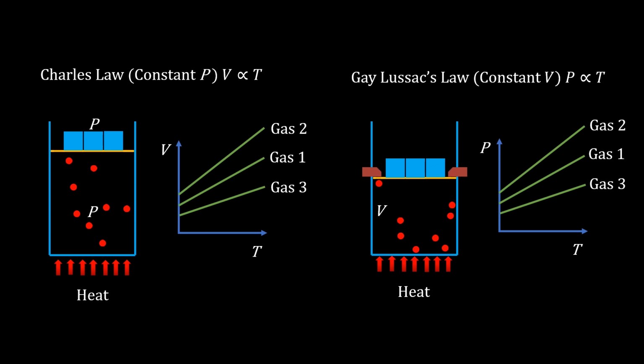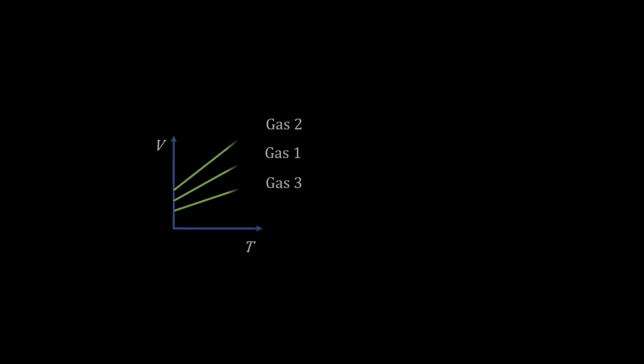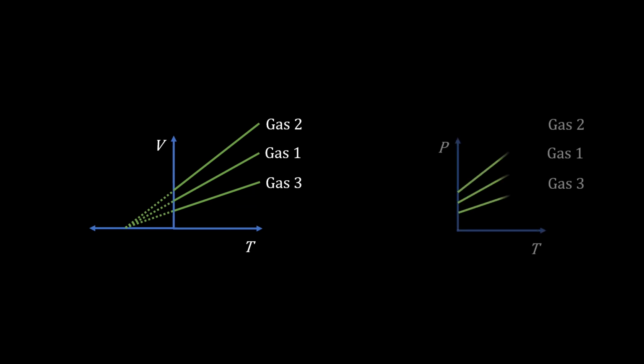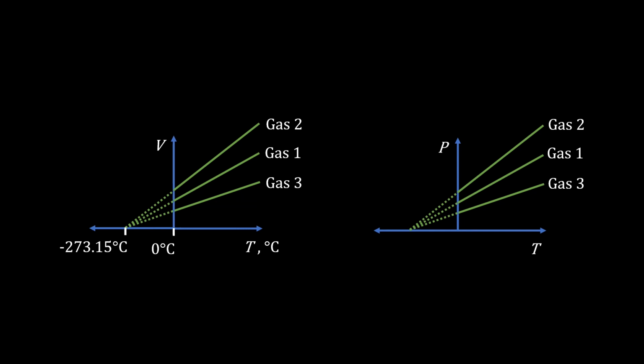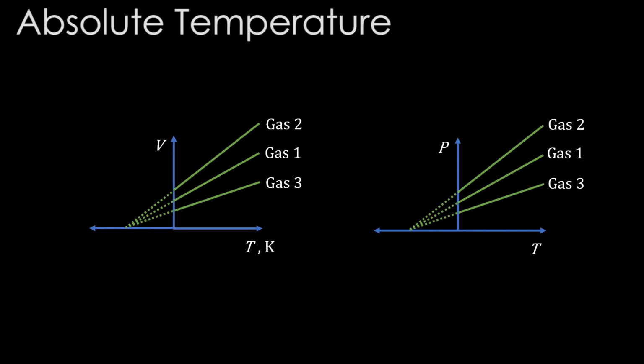Therefore, these experiments can be turned into thermometers called gas thermometers. Let's say we used it and have measured temperatures using different gases. We got these curves of volume versus temperature. What happens if these curves are extrapolated down the temperature? The curves meet at a particular temperature. Same thing happens in the pressure versus temperature graph as well. The curves meet and do so exactly at the same temperature. So here is a reference point which is common for all the gases, meaning it is independent of the substance. In degrees Celsius, it is minus 273.15. The new temperature scale, the Kelvin scale, starts here. It is called the absolute temperature scale.